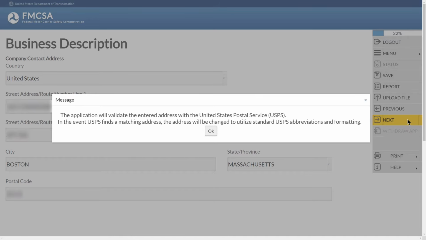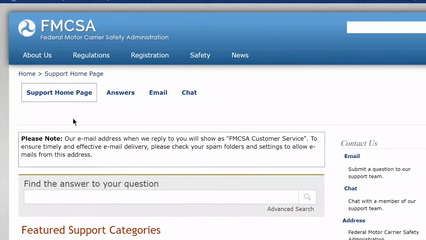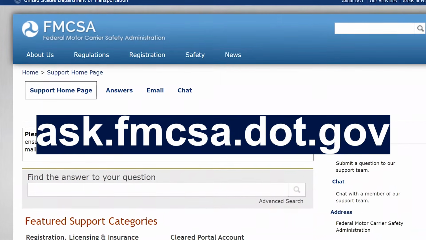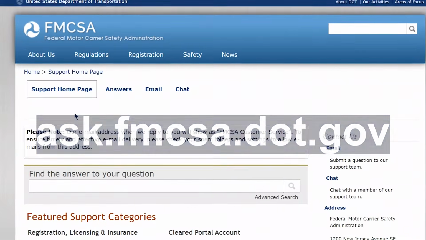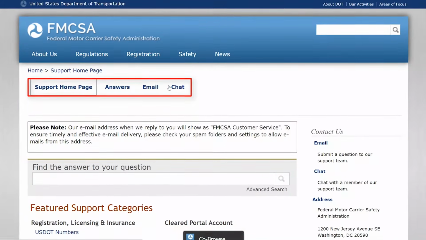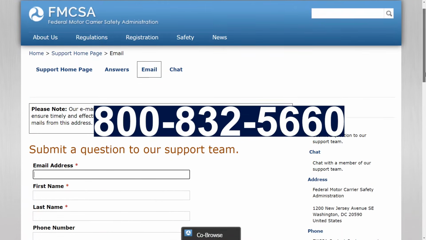The URS validates your address through the USPS, so make sure your address is correct as you enter it. If your address is rejected, you will not be able to proceed and you will have to contact FMCSA customer service. Contact us via email or chat by visiting ask.fmcsa.dot.gov. Use the links at the top of the page and then scroll down to the bottom to start your email or chat. You may also call us at